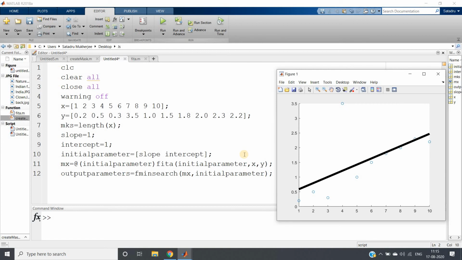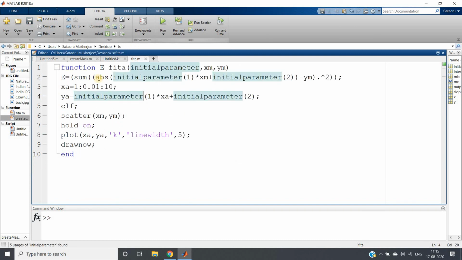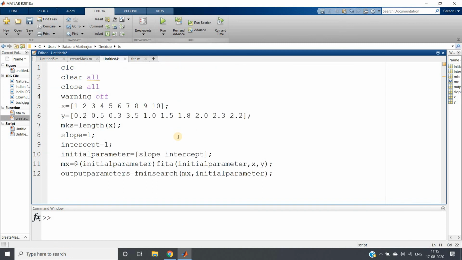Okay, so many things you need to keep in mind when you are making this kind of project. Number one, when you are creating an anonymous function, no need to pass the constants which you are passing through the function. Like here x and y data points you are passing, those are constants, so I will not pass them here. Point to be remembered one. Then obviously the function which you are creating should be at the same location as your current directory, otherwise you will obviously get an error.